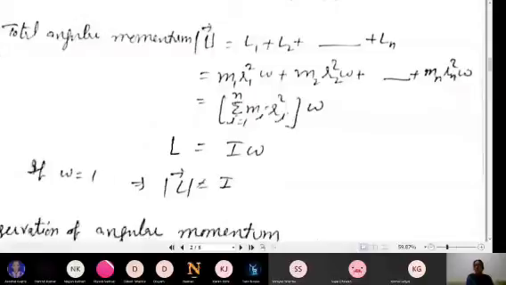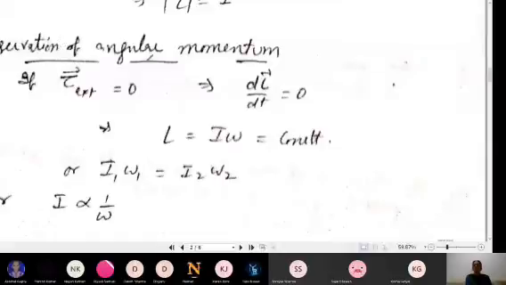So that way you can define it. If in the exam they ask for a 1 mark definition, then you should know the relation and be able to work out the things. This relation should be there, and you can apply the limiting case and then work it out.